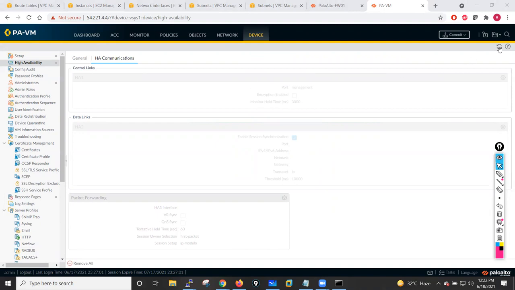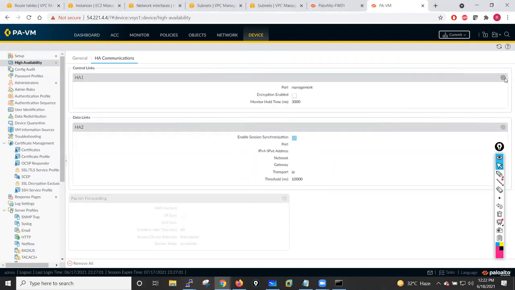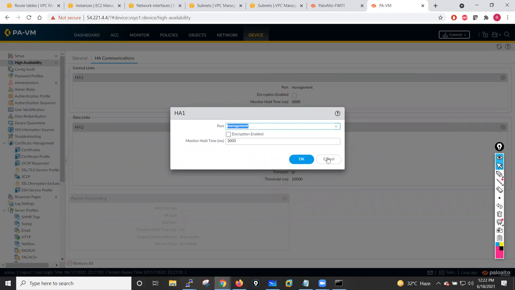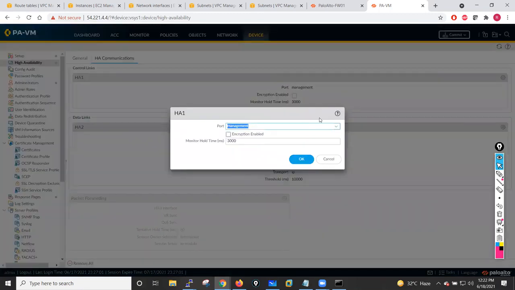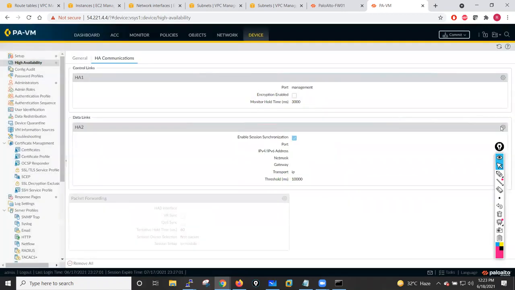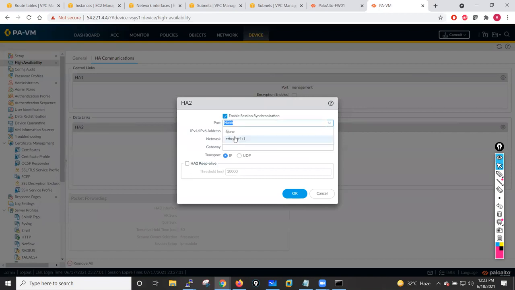Let's wait here. Let me just reload. Click on this gear icon. I'm using the management port here as an HA interface, right? Go into this one and I'll use port number Ethernet 1/3. IP address is